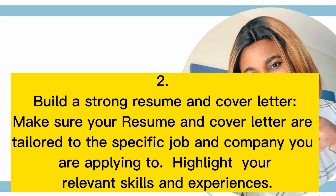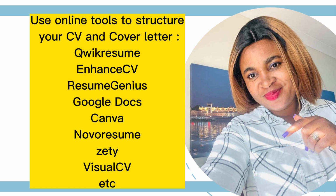Process number 2 is building a strong resume and cover letter. We can never overemphasize this. Make sure your resume and cover letter are tailored to the specific job and company you are applying to. Highlight your relevant skills, experiences, and qualifications. Please go into details, okay? Sell yourself 110%. You can use online tools to structure your CV, such as Quick Resume, Enhanced CV, Resume Genius,